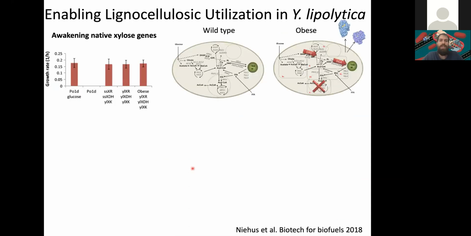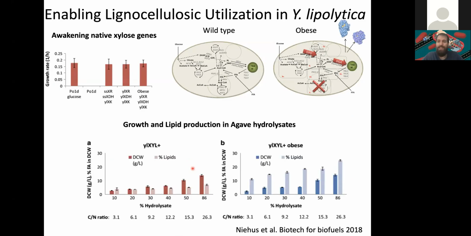So we used a strain that can consume xylose and can produce lipids, and we tested it in agave hydrolysate. And we found that Yarrowia is able to grow in different concentrations of the hydrolysate. And the more hydrolysate you add, the more Yarrowia grows. This can sound obvious, but at the same time, it's very interesting because this is not the case with